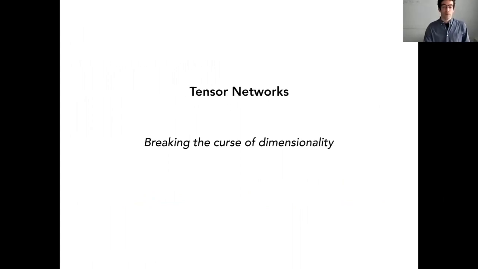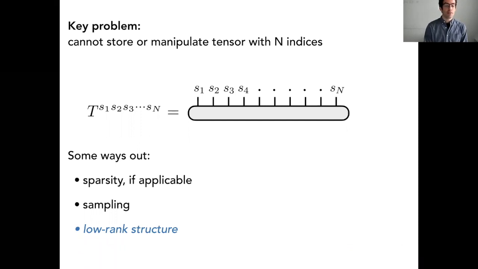How are we going to try to break the curse of dimensionality and work with really large tensors in a practical way? So the curse of dimensionality, as I was saying, is the problem that we can't store or manipulate a tensor that has n indices for n too large. So maybe for n of 8 we can do it, 10 is okay. But once you get to n of 40, even if the index dimensions are 2, you're really toast. It doesn't work out. So you don't have any options just to store a whole tensor.